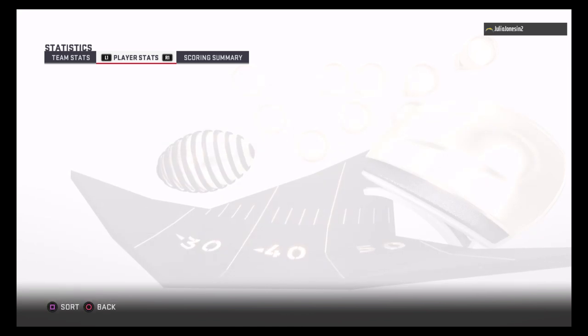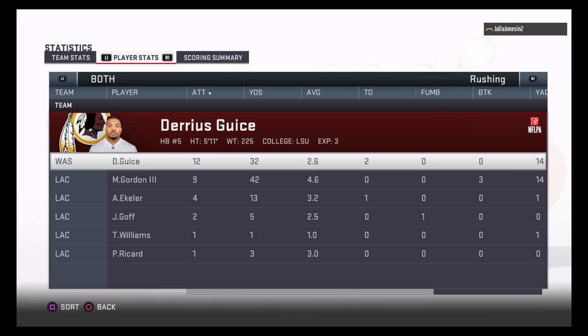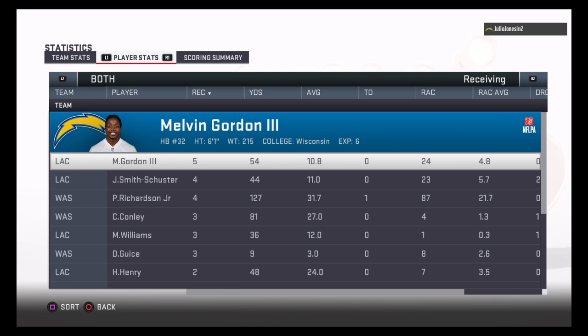So for the Redskins, the win means they'll finish the first half at a respectable 5-3 record. And they'll return home next week to take on the San Francisco 49ers. Meanwhile, for the home